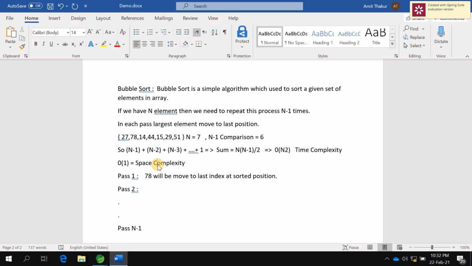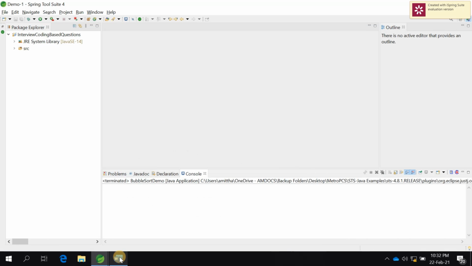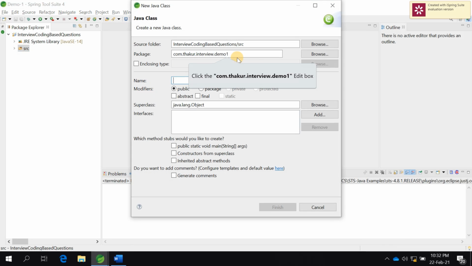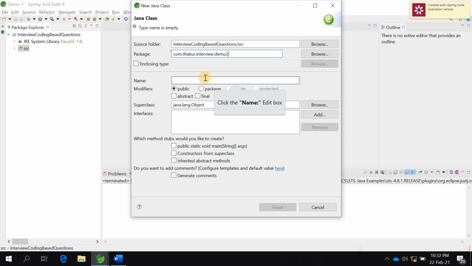It's a very simple algorithm. Okay, now let's try to implement this algorithm in Java. How can we implement it? Okay, let's go here. Let's create a new class. Okay, so bubble sort,